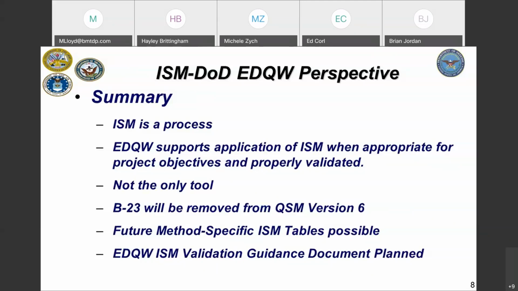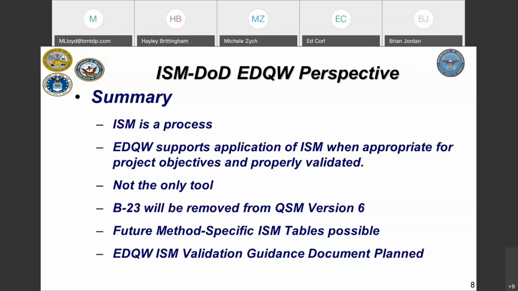Discrete sampling has been, in some cases, unfairly demonized in the past, but assuming proper homogenization and proper subsampling, discrete samples do only represent a smaller volume of soil, and that's absolutely true relative to the coverage that you would get with incremental sampling. But the EDQW at this time supports allowing our project teams the flexibility to use systematic planning to develop the appropriate sampling design, their appropriate tools, and the quality considerations that they need for their particular objectives.